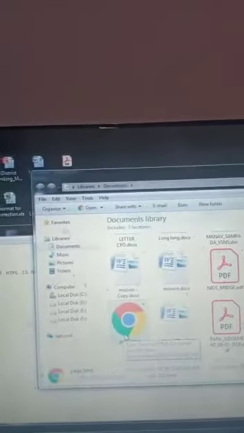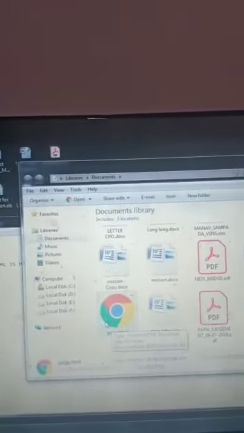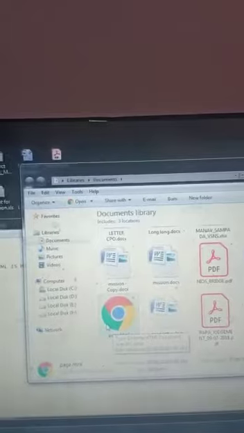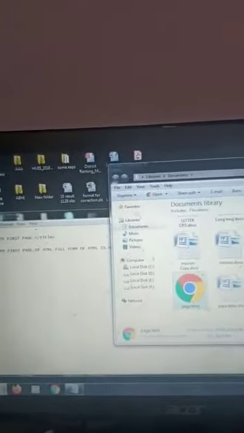My file is saved in Libraries, Documents, and this is my file, page.html. The Google Chrome icon is shown because Google Chrome is my default web browser. Double click on it and open. That file will open. Okay,